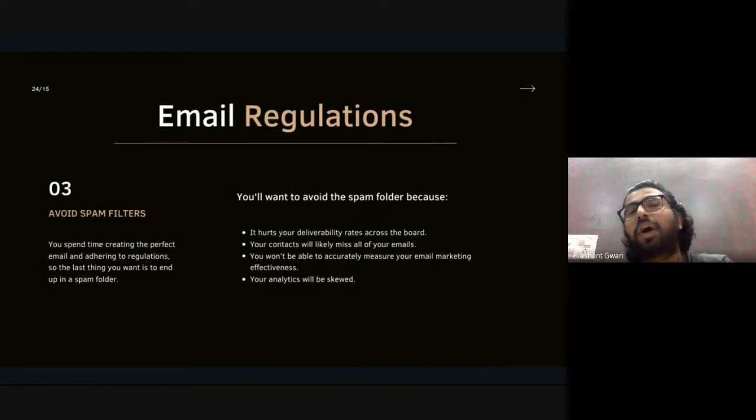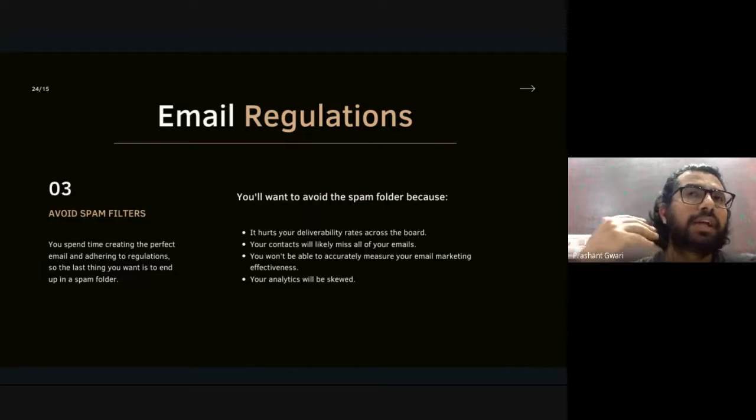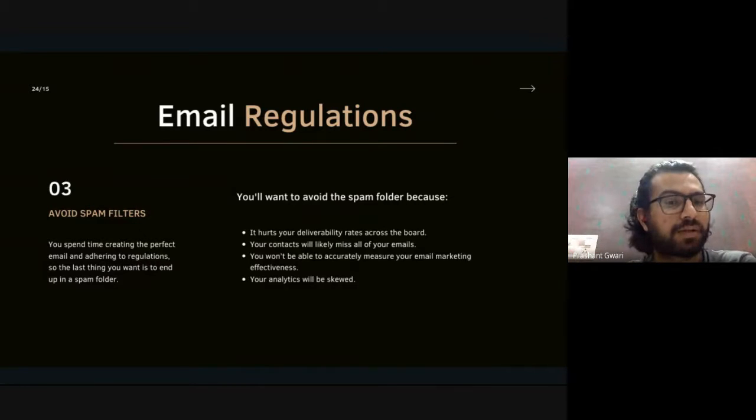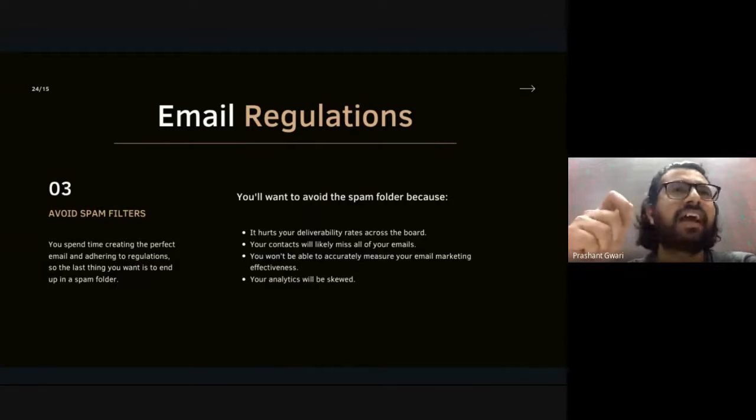Lots of emails get delivered into the spam folder. How do email service providers like Gmail or Yahoo find out this email is spam and this email is an important one? They have an AI mechanism, an artificial intelligence mechanism, which works as a spam filter on your Gmail ID or Yahoo ID or any other email ID you are using.